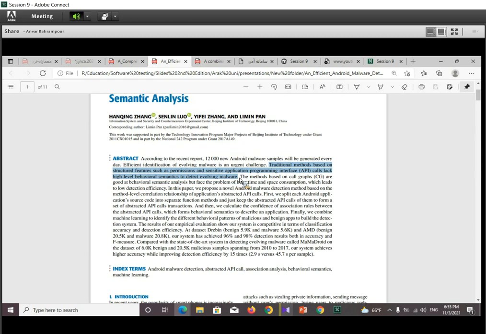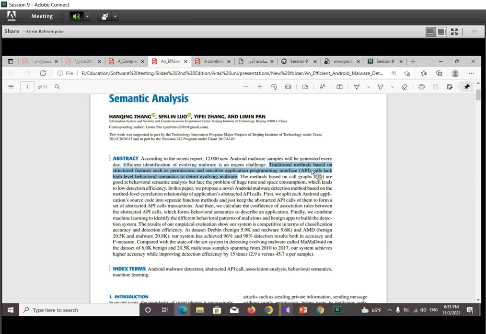As you know, malwares change time by time, and the tools to detect the malware should be adapted, should be aware of the reformations of malwares, and it is the main difficulty of the traditional methods, the main problem of the traditional methods.